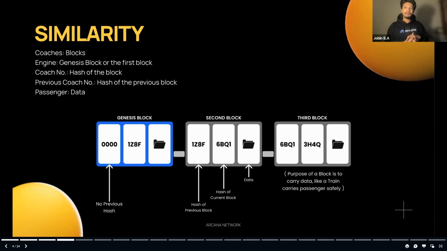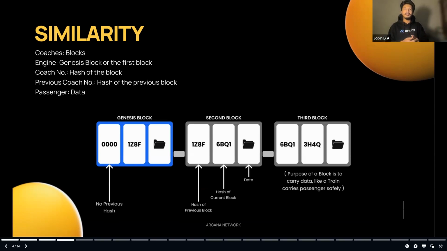Basically, a linked list is a data structure, a data type and nothing else. But blockchain is not like that. Blockchain is an entire network that allows you to do a lot of things. In a linked list, you can basically just store data, but blockchain is not just a place to store data; you can do a lot of other things using blockchain. It's like comparing a train with a sequence of boxes that your mom has arranged in the kitchen. Your mom might have kept 10 containers in the kitchen storage space, with each container having different things.